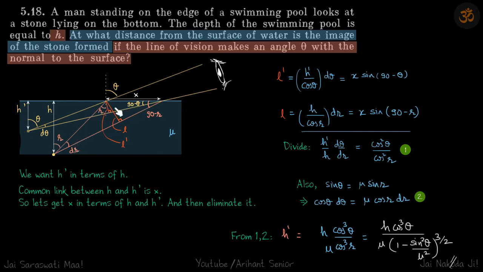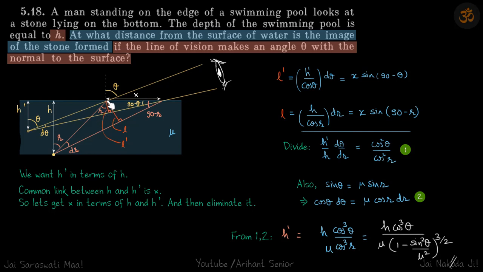And also about this angle. If this is theta, this is 90, so this is 90 minus theta, if we are looking at this triangle. And if we look at this triangle, if this is r, this is 90, so this angle is 90 minus r. We are doing all that so that we can get x in terms of h dash and x in terms of h. But we cannot directly relate x and h yet, so we will draw one perpendicular.